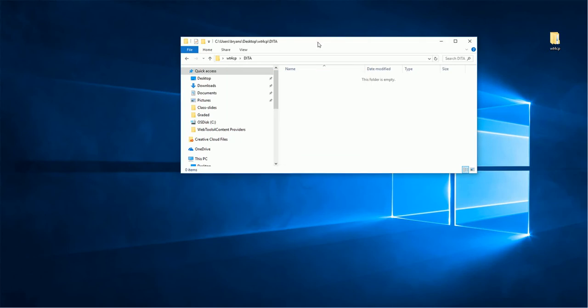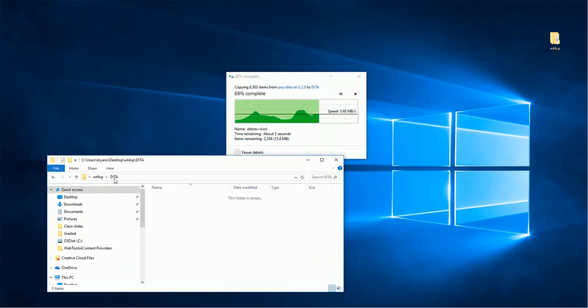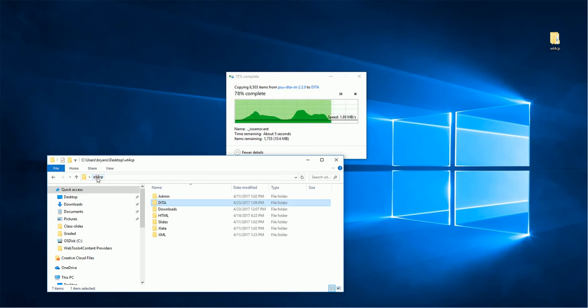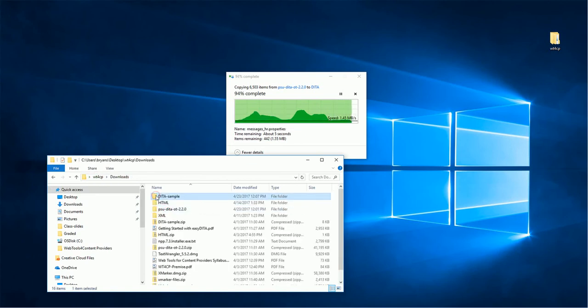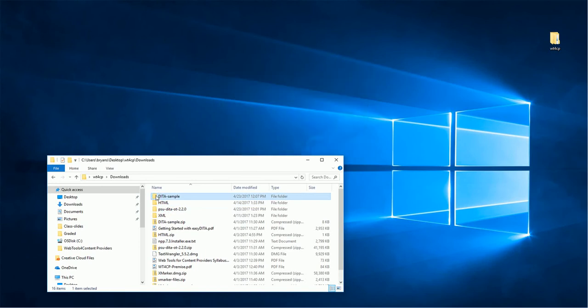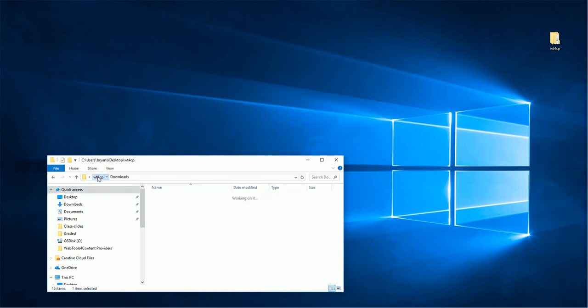And then while that's processing, I'm also going to go back into my downloads directory where I unzipped the DITA samples file, and I'm going to copy that. In Windows, it's Control C, and I'm going to go back to my DITA directory. Oops, I needed to do something, so I'll go back to downloads, DITA samples, and in this case I actually have to go into DITA samples because it created 2 directories, and I'm going to copy the PSU directory, Control C, and I'm going to go back into web content for